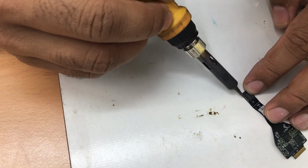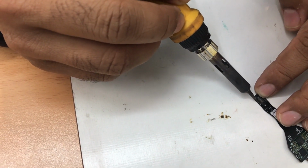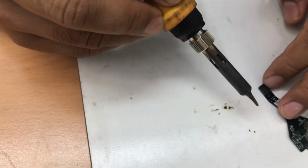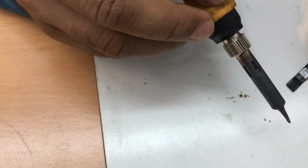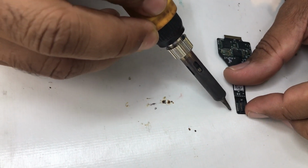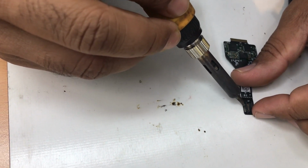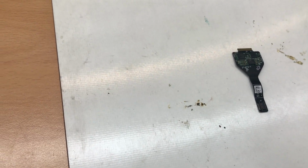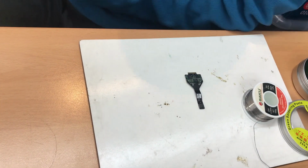Very careful, don't try to add so much. And from this side, this is the flex. This teeth also came off. I want to go through each and every one slowly, because I don't know if there is any one of them left. Okay, so once it's soldered, what you need to do, let it cool down, and then we're gonna clean